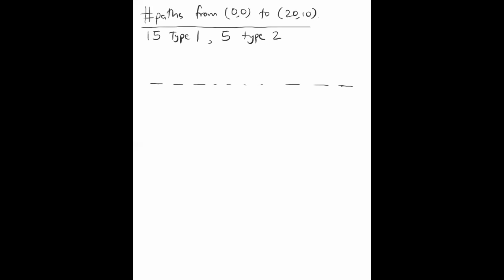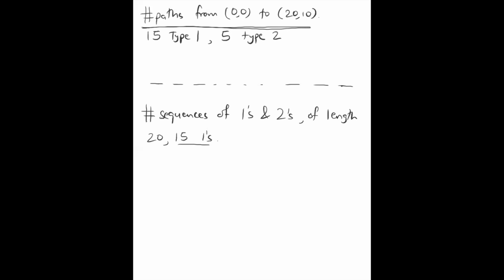So really, counting this number of paths is the same as counting the number of sequences of ones and twos of length 20, and they have 15 ones. The reason I'm not writing 5 twos is because there are only 20 spots, and exactly 15 of them go to ones,